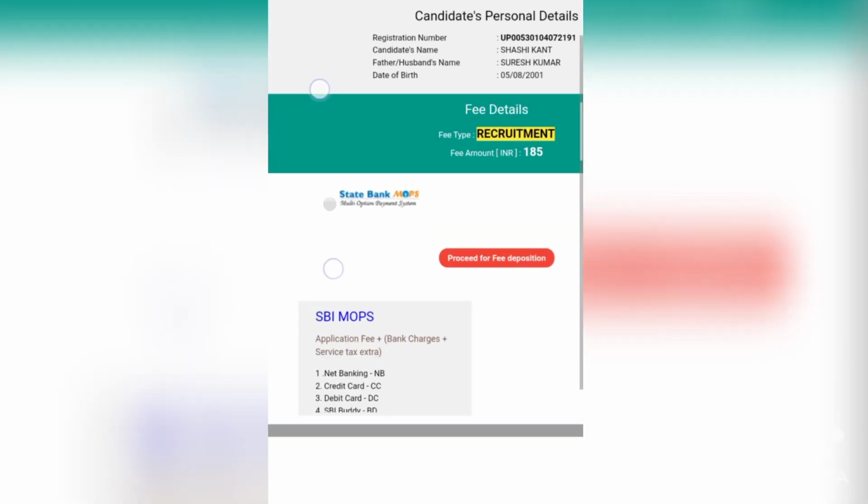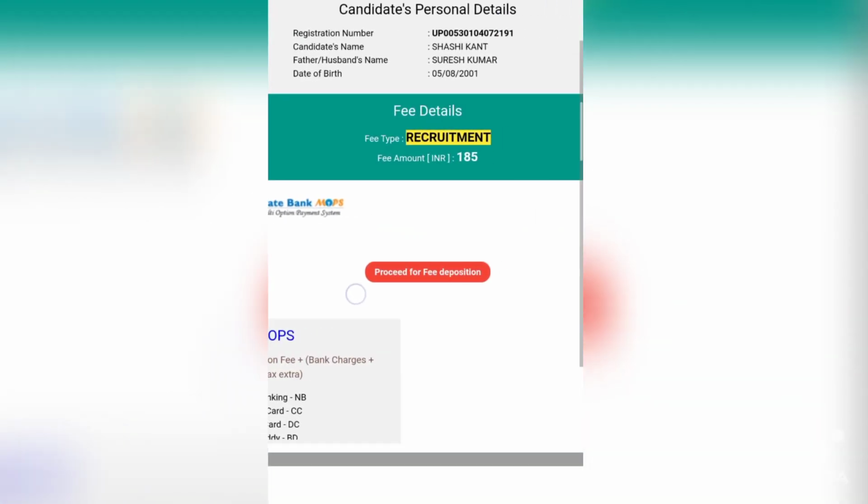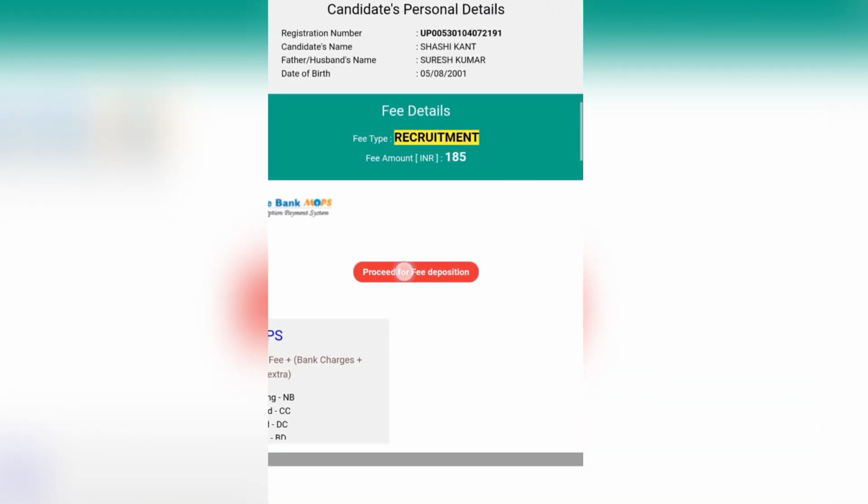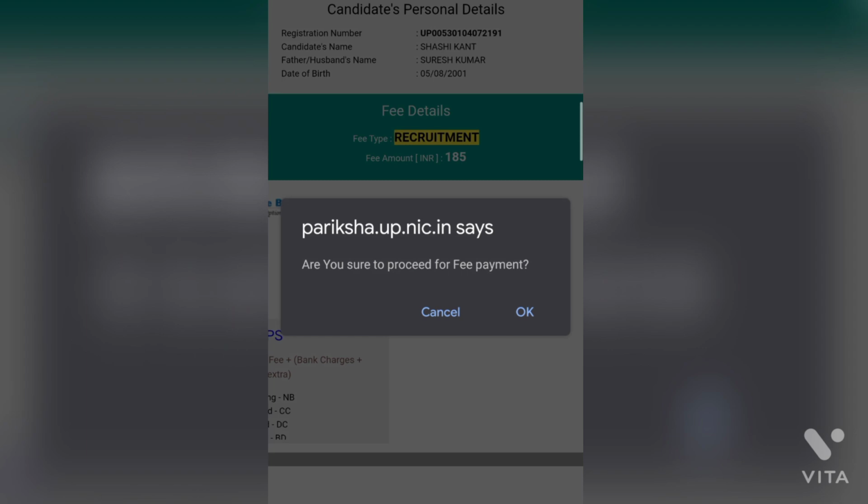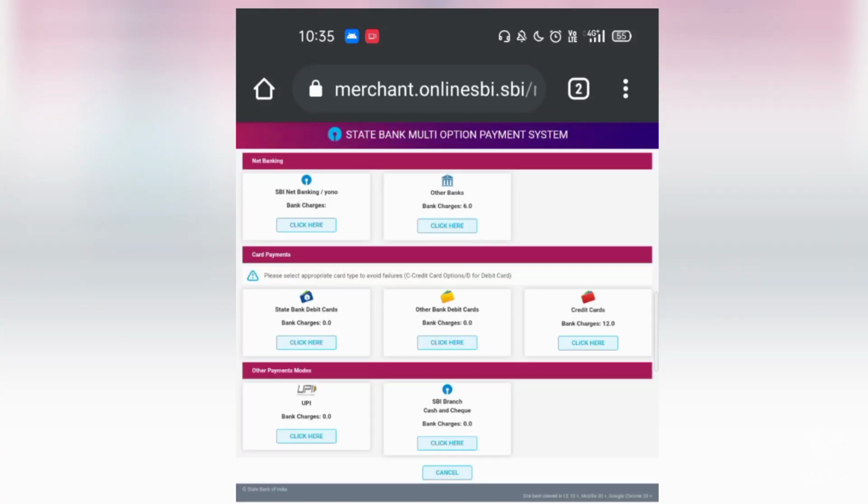You will be directed to this page. So click here again, select this and then proceed for fee deposition. Click OK. Then you will be directed to this multiple option payment system.